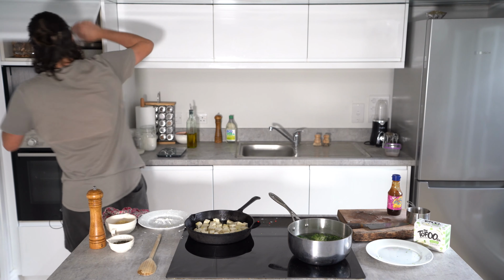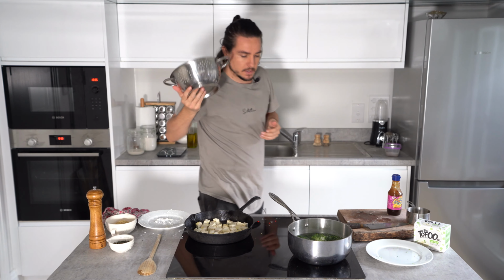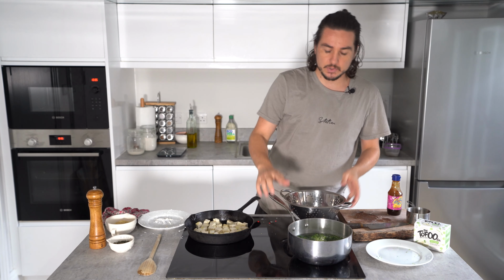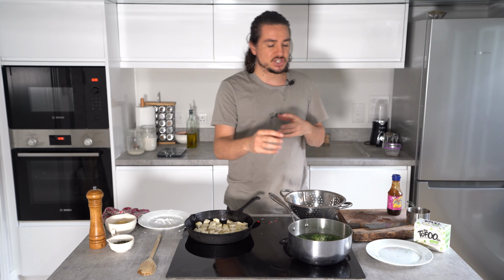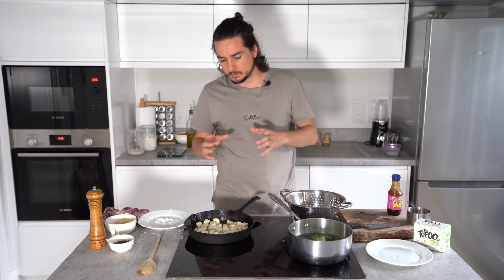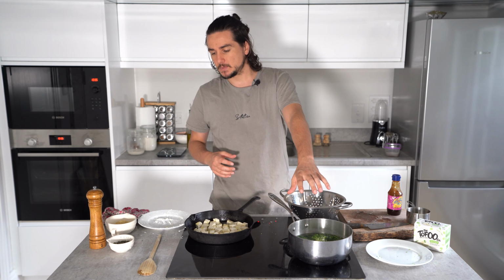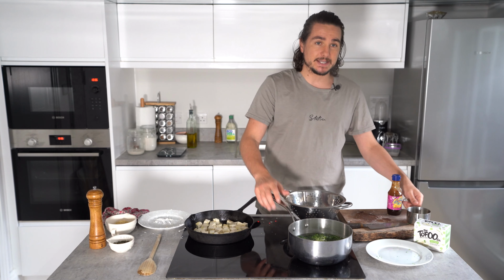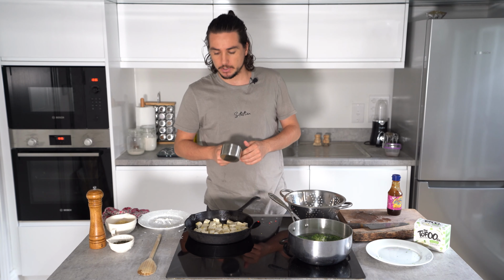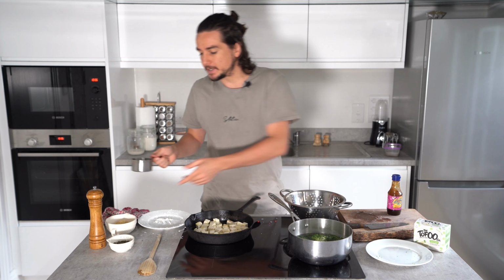Our broccoli is steaming away there. Let me just grab the colander. There we go. Got our colander. This we're just going to do a few more minutes, get it slightly tender. But then what we're going to do with this, which is something I love about this recipe, is we're going to save the water from it. So all we're going to do is, when this is ready, we're going to take a cup measurement. I'm going to scoop out a cup's worth of water, and we're going to use that then to soak our